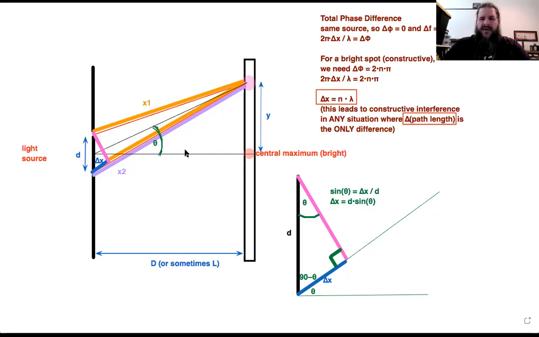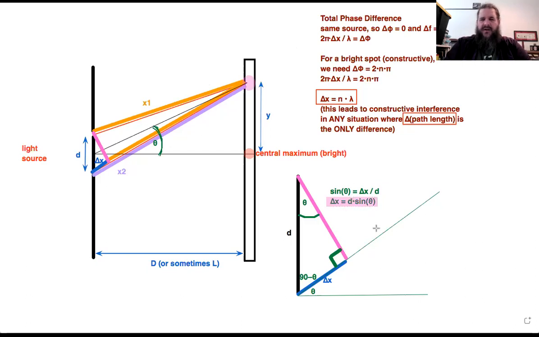You get d sine theta. So that's the extra path length. If you've got a known angle of elevation and a known distance between slits, d times the sine of the angle of elevation tells you the extra distance traveled by the longer path length. So that's the expression we get for delta x based on this situation